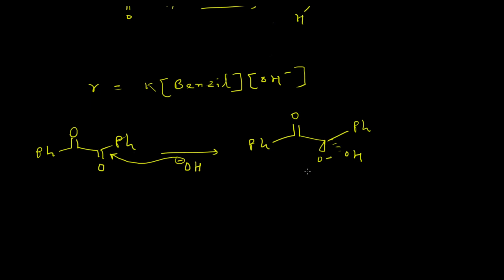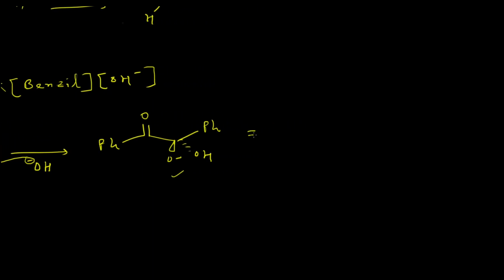I have shown this in this flying wedge formula because this molecule is planar. All the carbon atoms are sp2 hybridized, so that's why this whole 1,2-diketone molecule is planar. So if the OH minus attacks this compound from the bottom face of the molecular plane, then we will get this compound. We can consider both the top face and the bottom face, but in this case I am considering the bottom face attack by this OH minus. And if we draw this molecule in a Sawhorse projection formula, then it will look like this.